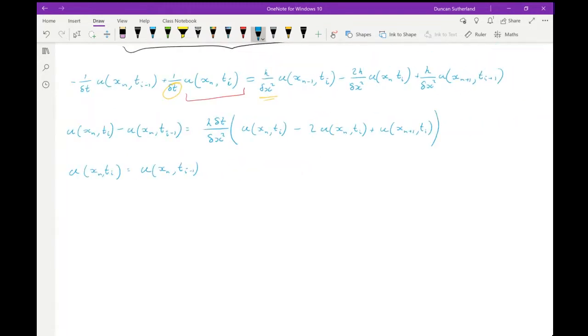We can obviously, actually it might make, what's the most sensible way to write this? I mean, any of these, it's more about writing this in a sensible way now, because all of this is just a correct finite difference approximation. I'm just going to stick them all on one side. So I'm going to get